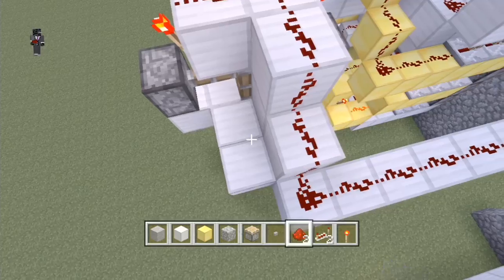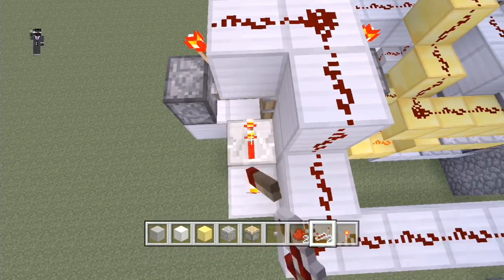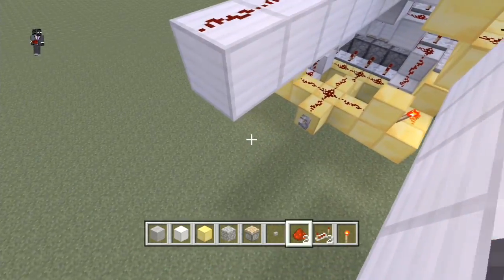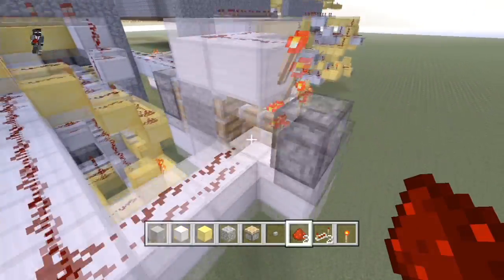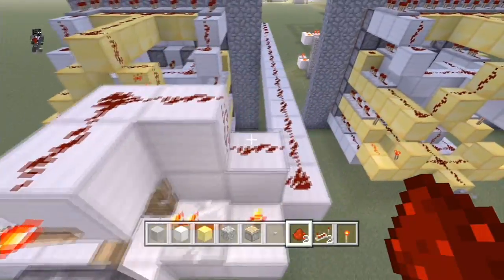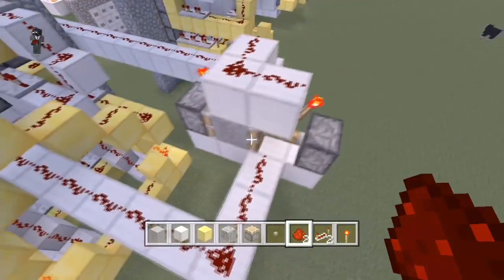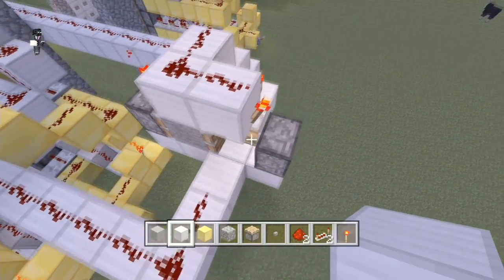Make it like that. You want to put a torch and a repeater, and then connect this up right here. And this is done. So basically, let me demonstrate real quick what would happen